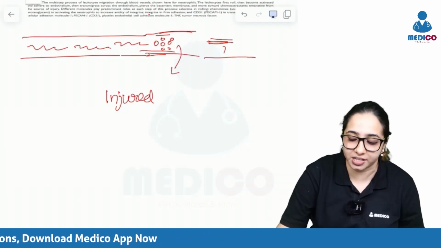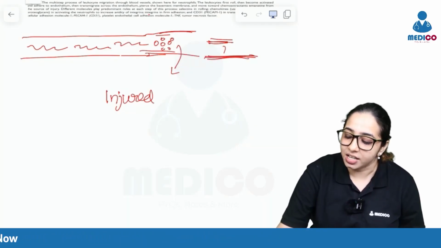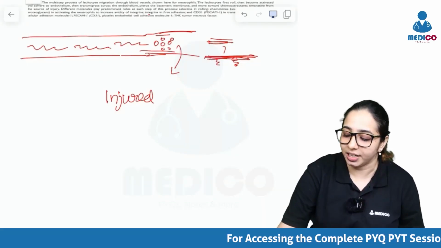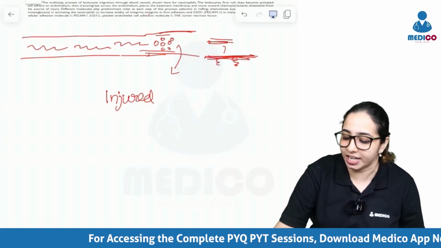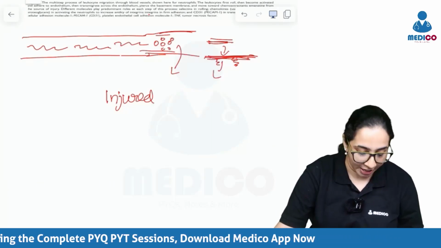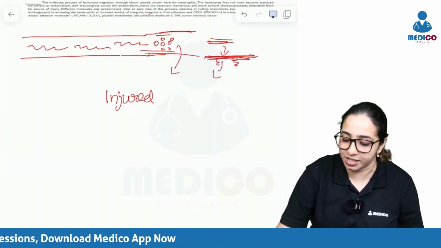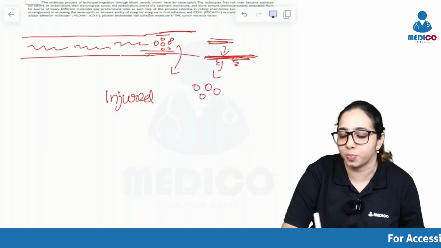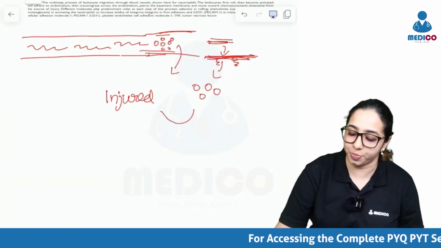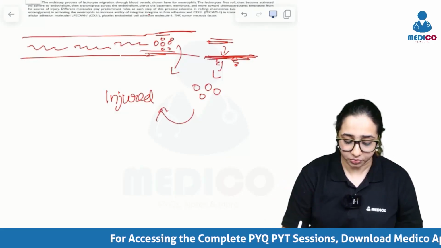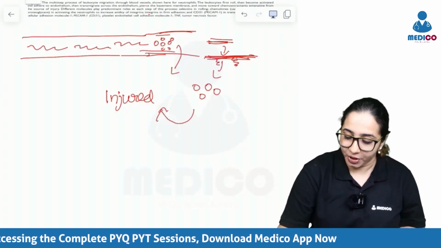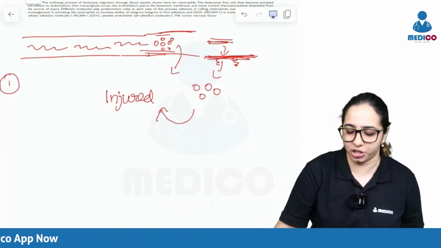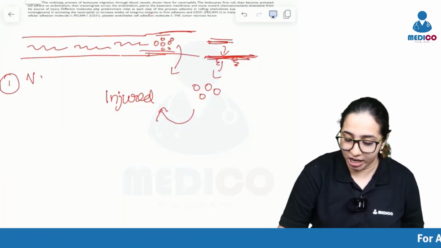to the periphery of the blood vessel, and then the wall of the blood vessel has to undergo some sort of changes so that there is an increased permeability and these cells can come out. So the third thing that has to happen is, after these cells come out, they should be able to identify where the problem is, and then they have to go to the problem and take care of it. Okay, so we can say the first step in inflammation,